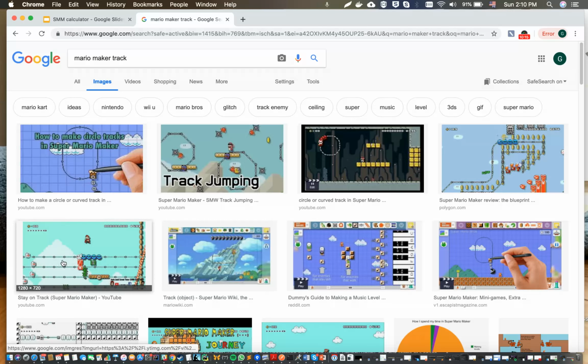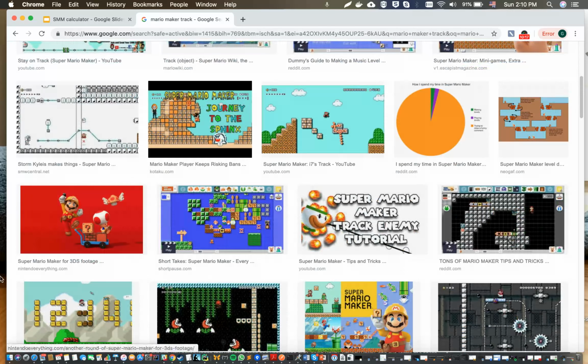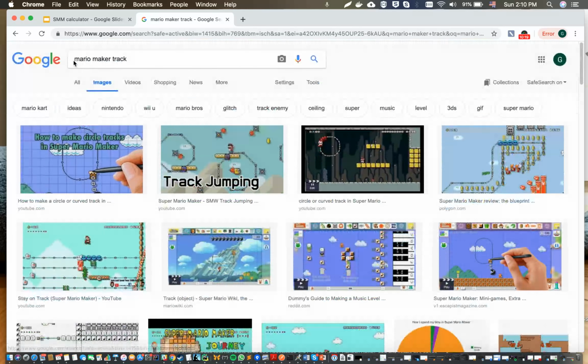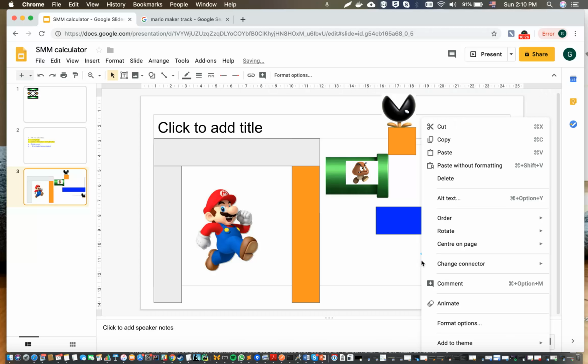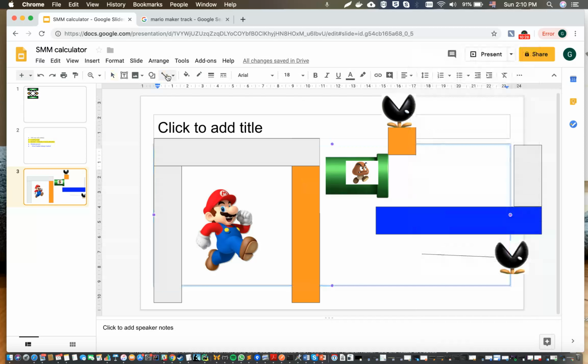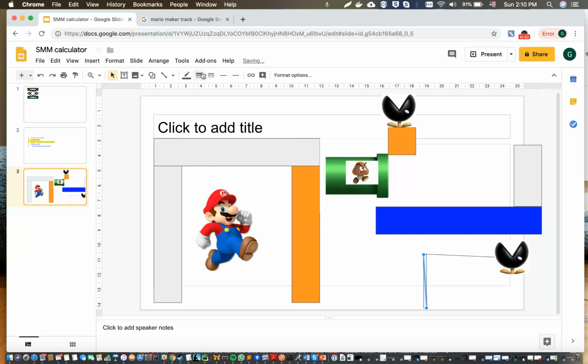Sure, this track. We'll just represent that with a line. The muncher will be on tracks. And it will be leading forever. It will be timed so that the muncher will land. I know this isn't an accurate drawing of how it's going to end up, but more or less,